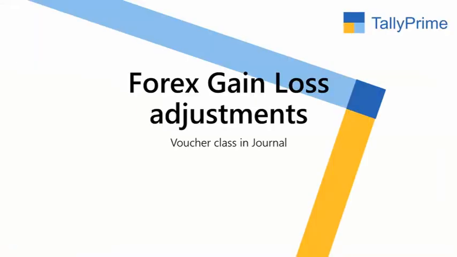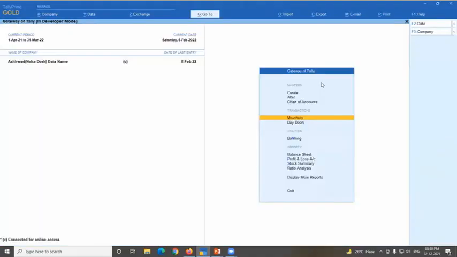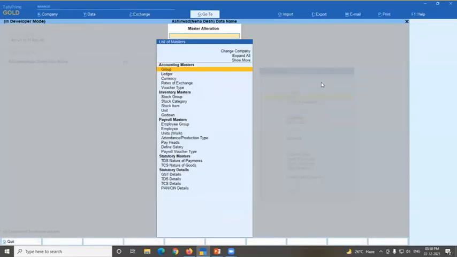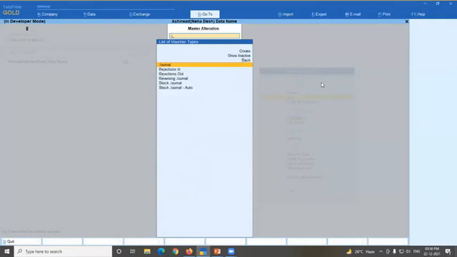Next, suppose a forex gain or loss is in your data, like you are selling outside India in dollars or euros, then it is possible that you have to make entries in the forex currency. In that case, the voucher class is also available to create, or you can say alter, a journal voucher type.